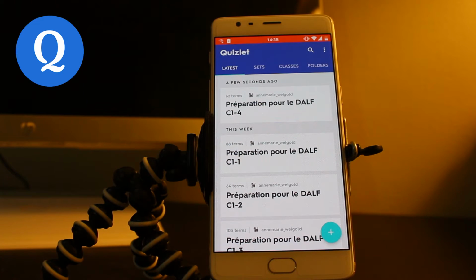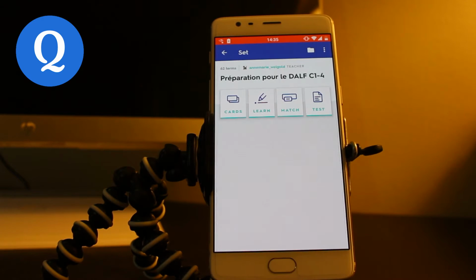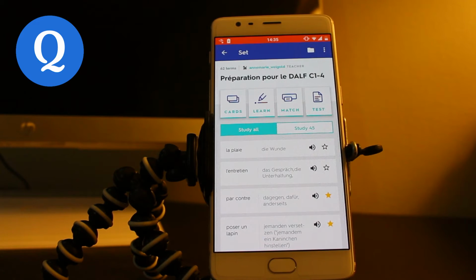So the main alternative to using Anki and spaced repetition is probably Quizlet, and an advantage to Quizlet is the large selection of sets already available. So for whatever text we're using, there's probably already sets created for it, so you don't have to manually create a set and type in the terms. I found this amazing collection of sets for preparing for the French C1 exam,